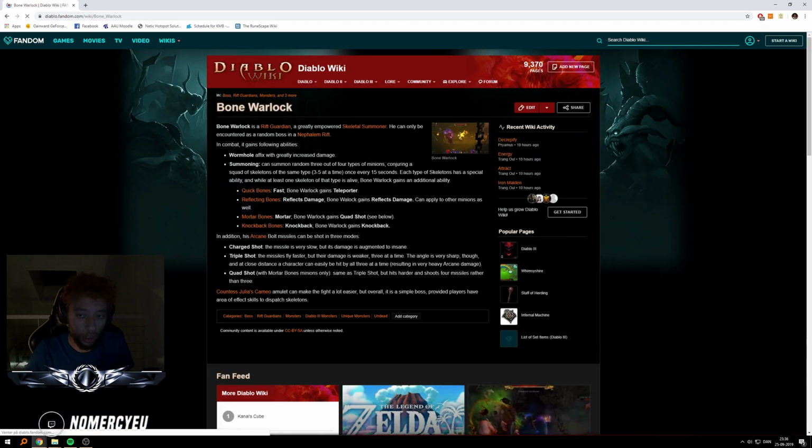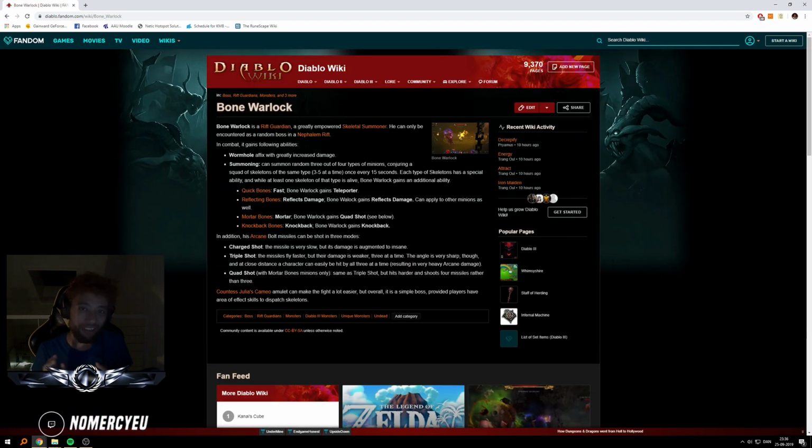Then we have Bone Warlock. Bone Warlock is not a good boss. There are some tips to kill it faster. What we do in our team is that we stack a lot. Usually it's the BK decides how much. Sometimes it's 3 or 4 minutes depending on the time we have. And then when we have done 4 times,